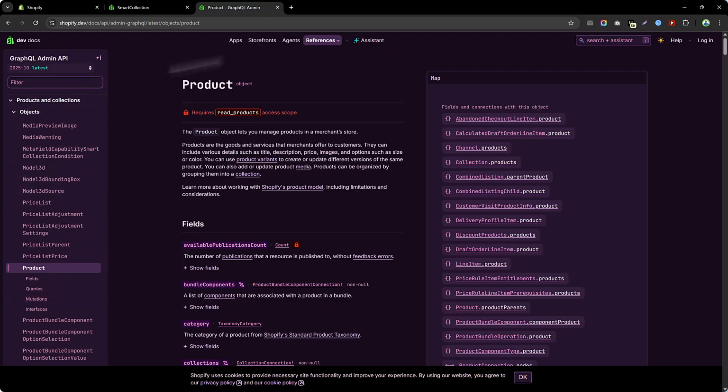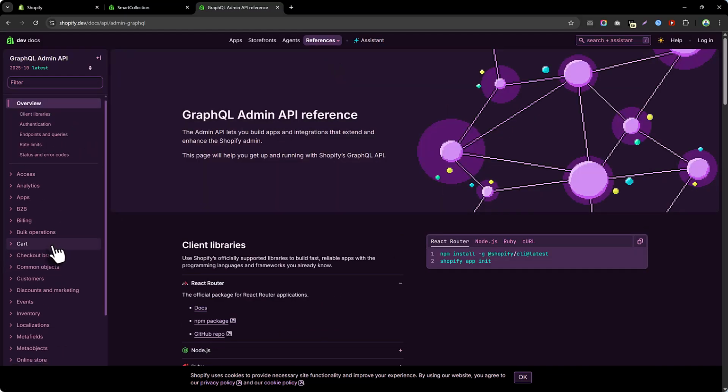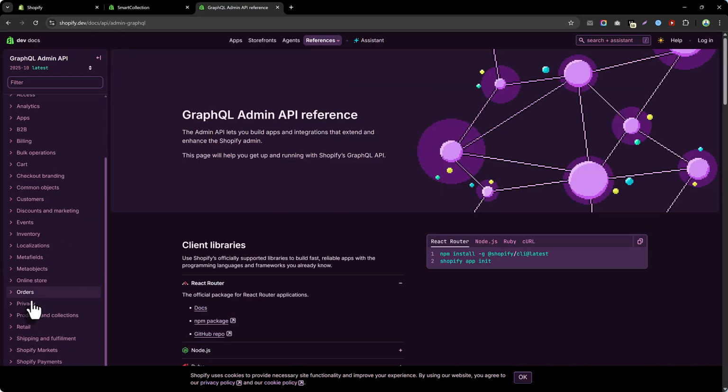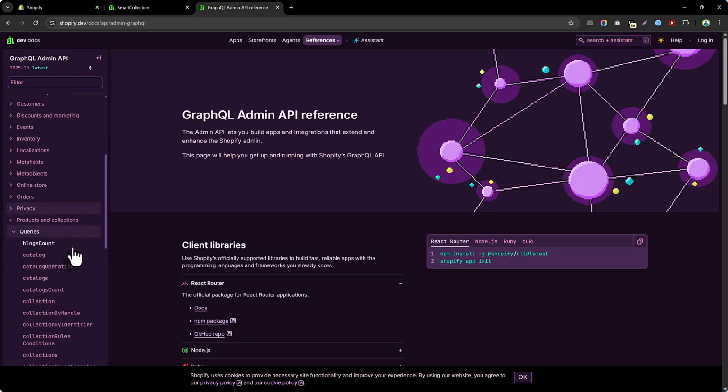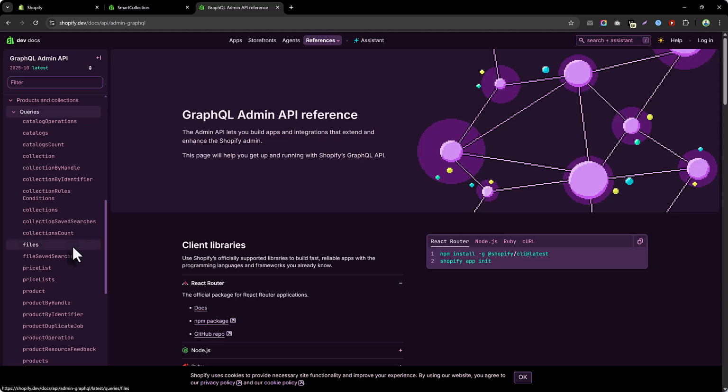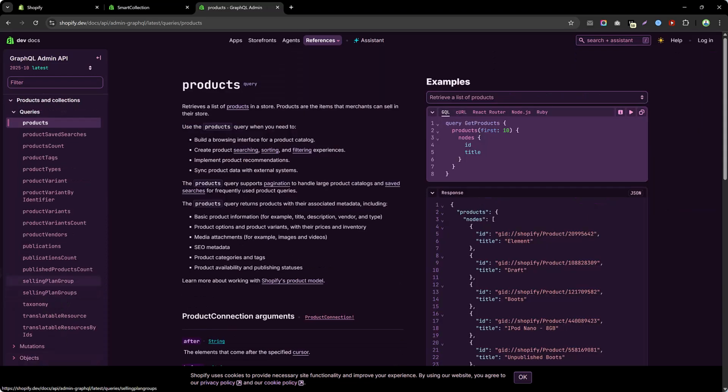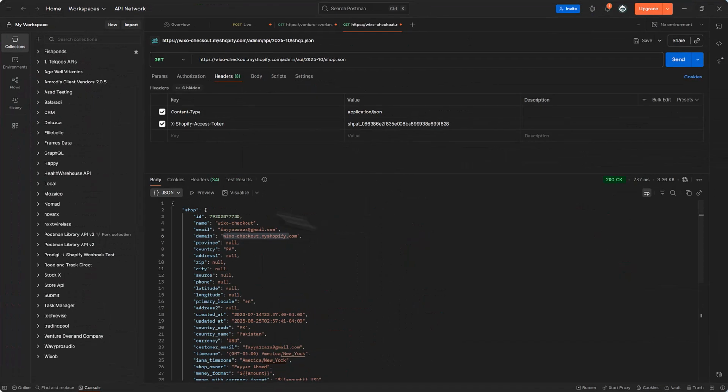So if I go to the reference, admin reference, and then go to the products and collection and query, and then we will go to the products. Okay, this is the query to get the first products. I will copy this, and I will go to the